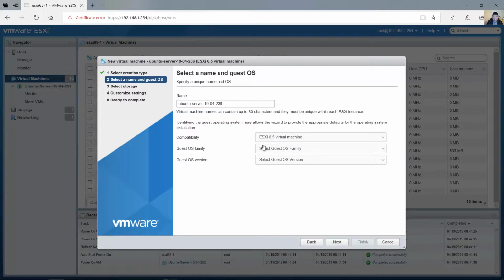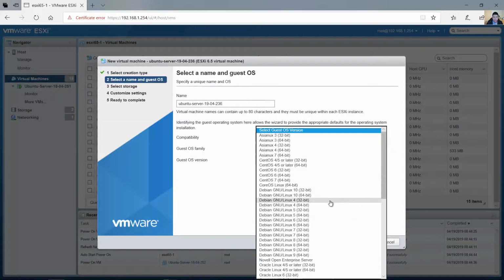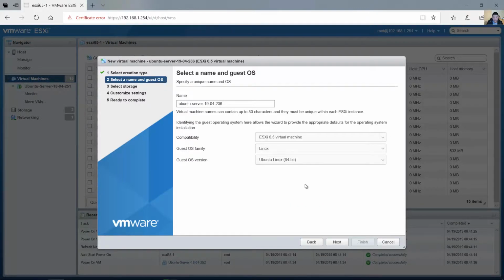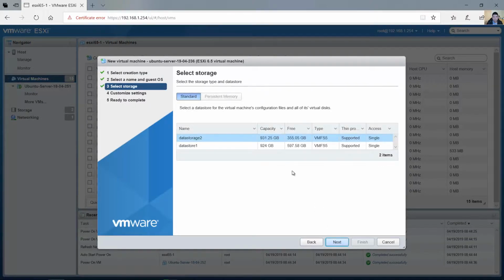ESXi 6.5, the guest is Linux, and the version Ubuntu 64 bits. Next, select the data store, the location. I have two, and I will select the first one. Next,